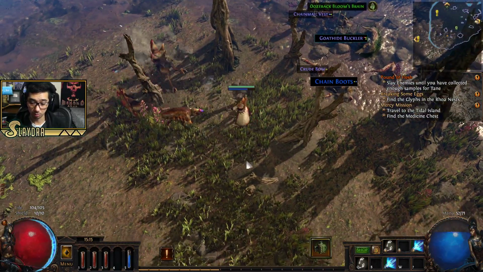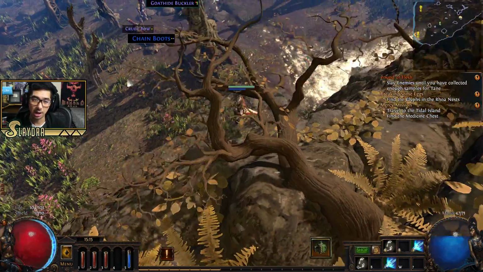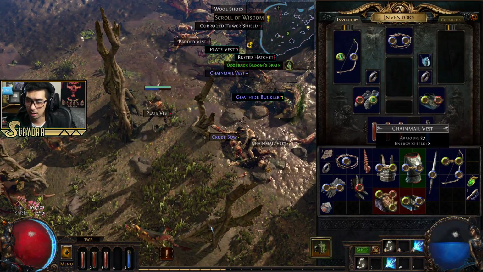Hoping we can get some boots with some movement speed. Ideally, that's what we want early on. These don't give us any movement speed. I don't even have a Scroll of Wisdom here. But like I said, I'm going to be picking up a bunch of the items in the very beginning, just so I can...